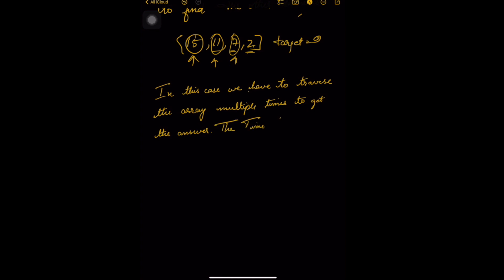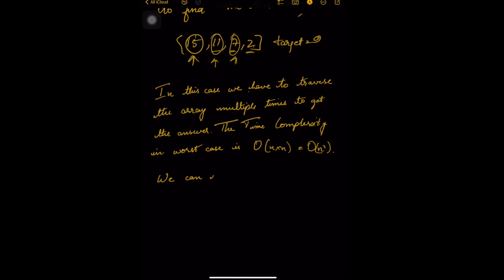In the worst case, that is when the required target are the last two elements in the input, in the nums array, our time complexity goes up to O of n square because we're iterating over n elements n times. Now, in order to reduce time complexity from O of n square,